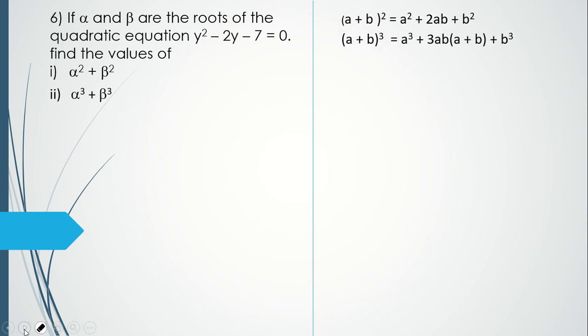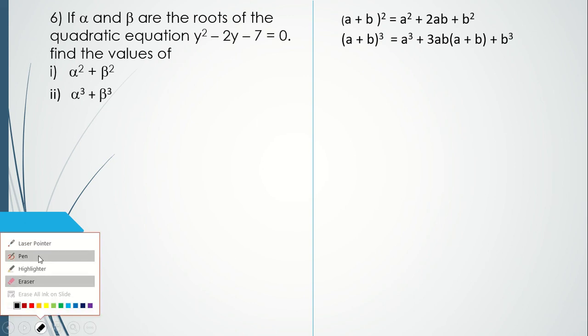Those formulas you have already learned in the 8th standard. (a plus b) the whole bracket square is equal to a square plus 2ab plus b square, and (a plus b) the whole bracket cube is equal to a cube plus 3ab in the bracket (a plus b) plus b cube. Now see here what we need in the first part, alpha square plus beta square. So a square plus b square, this formula we can write as